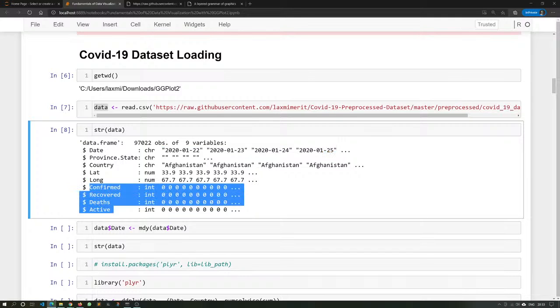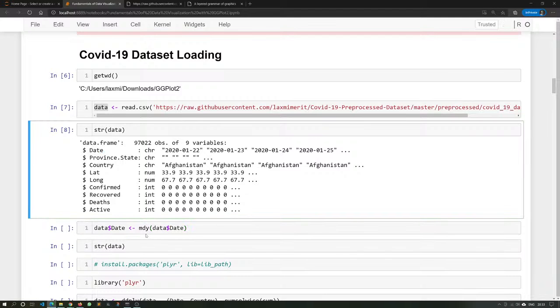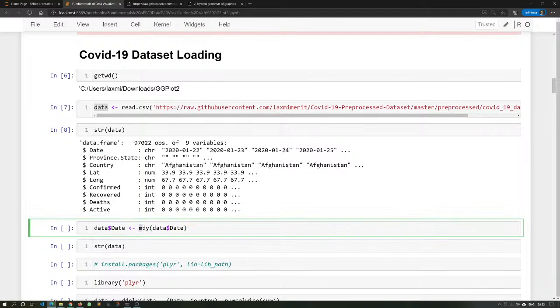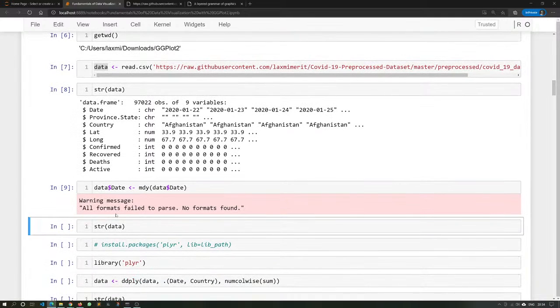So these cases say how many total cases have occurred in a particular country. All right, so we need to first convert this date into the date type. There we are going to use month, day and year. All right, so there you have month, day, year. Just run it. All right, so it says that